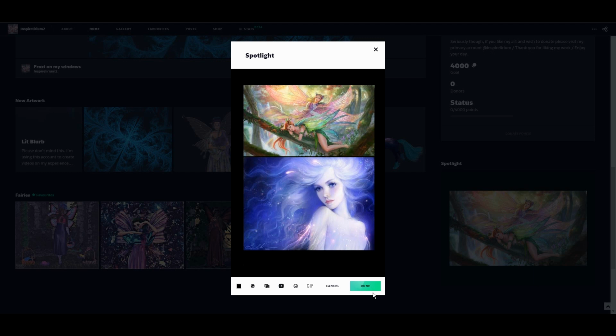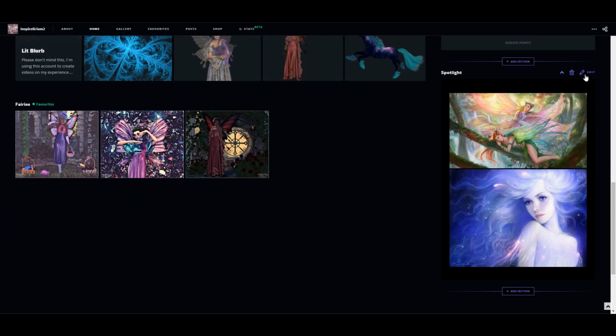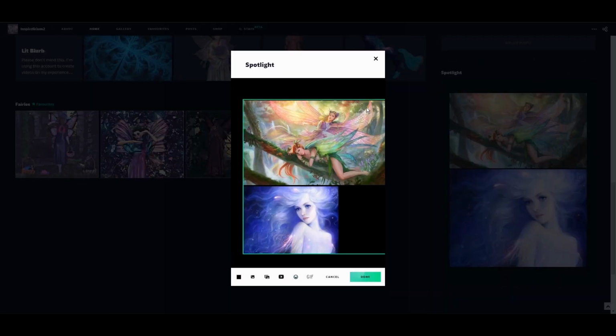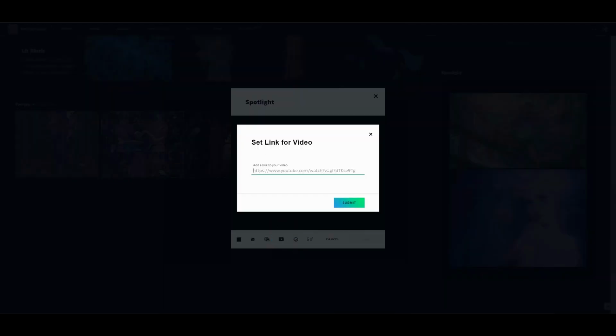When you add a spotlight or do something like this, it's going to add additional information to it. So you definitely have to delete that one image that you did. Click Done, and it will show up like that. Another thing you can do, like I mentioned before, click Edit Content, and you can go ahead and delete all of this. You can add a YouTube video, and let's say you want to showcase one of your own videos. For me, I'm going to showcase,